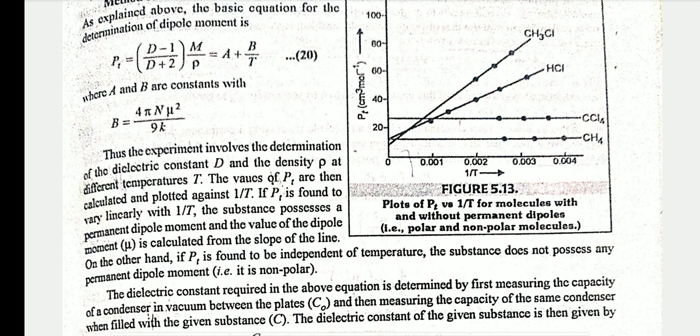If Pt is found to vary linearly with 1/T, the substance possesses a permanent dipole moment and the value of dipole moment is calculated from the slope of the line. On the other hand, if Pt is found to be independent of temperature, the substance does not possess any permanent dipole moment. The dielectric constant required in the above equation is determined by first measuring the capacity